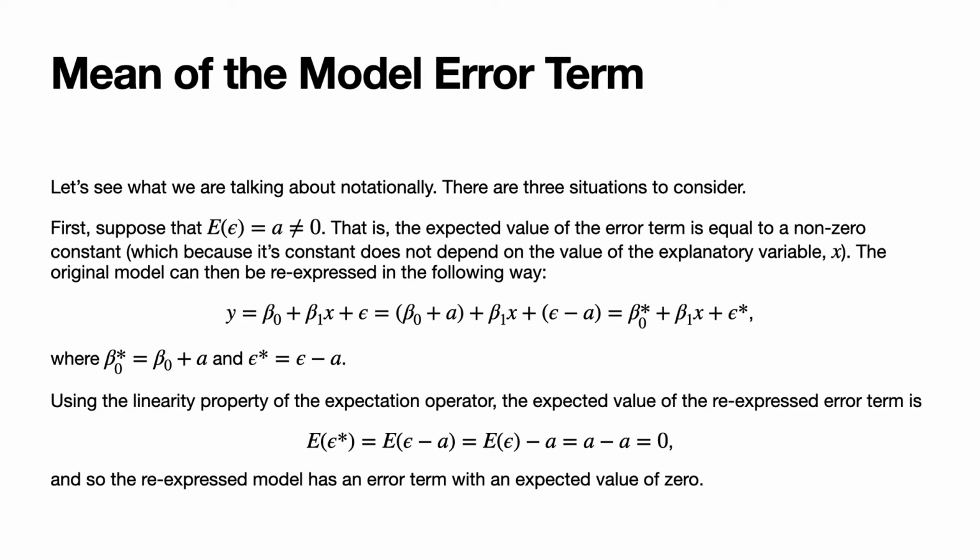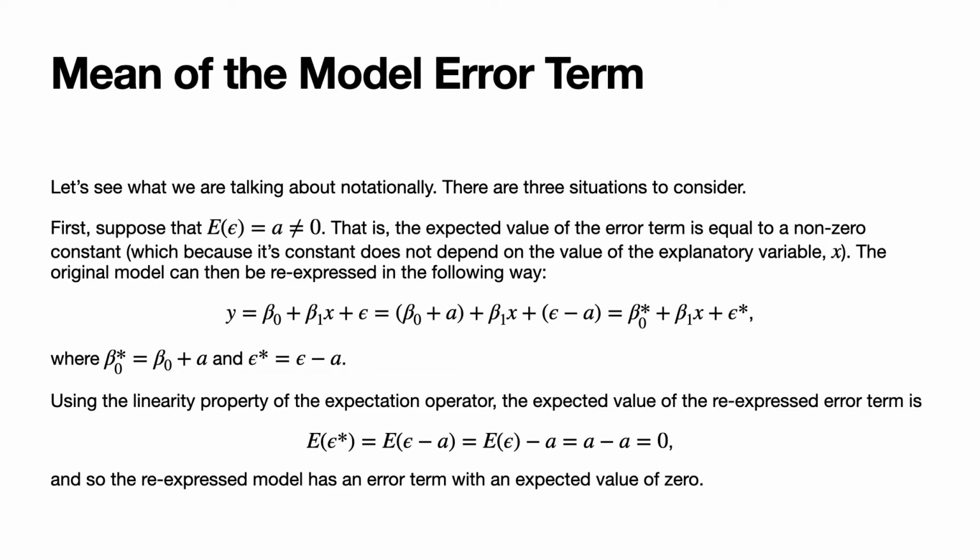And then we can rewrite that as beta 0 star plus beta 1 times x plus epsilon star, where beta 0 star is equal to beta 0 plus a, and epsilon star is equal to epsilon minus a. Now, using the linearity property of the expectation operator, the expected value of the re-expressed error term, epsilon star,